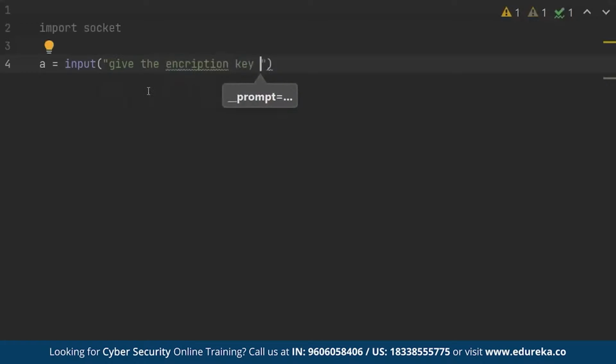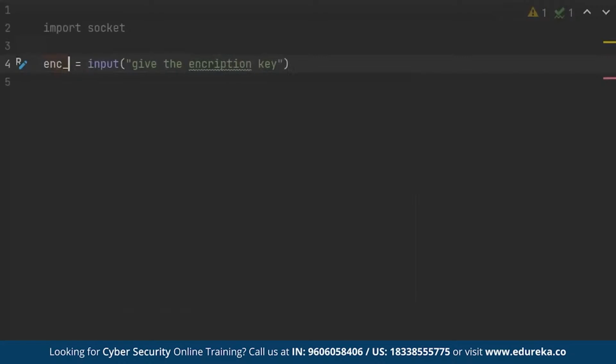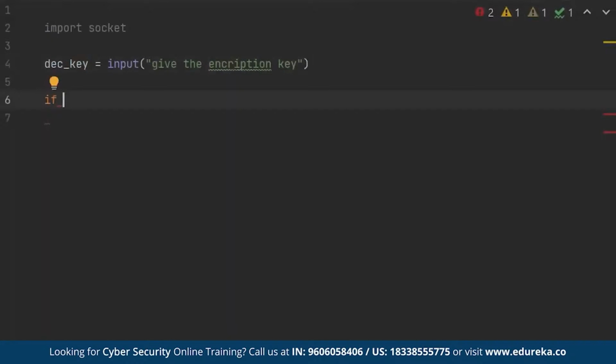Okay, so we'll try to perform 2 layers of security here. If the person gives the correct encryption key size, only then will he be prompted for the next step to give the encryption key, right? So we'll have 2 layers of security. First off, we'll have the encryption key, or we can call it decryption, DEC key. Okay, so for the first layer, if decryption key dot length is going to be here,